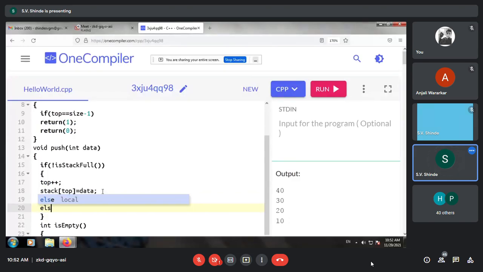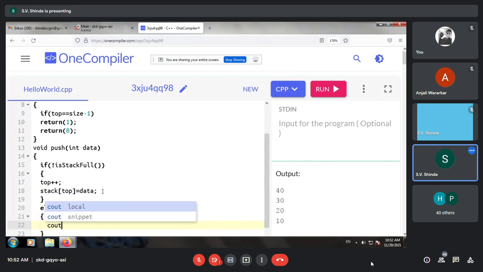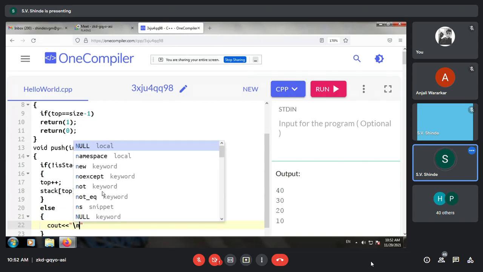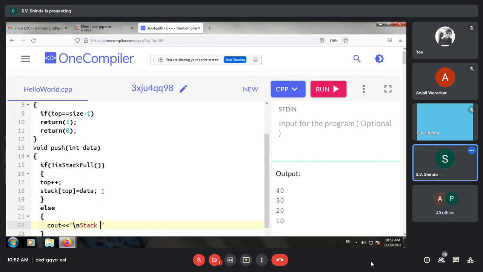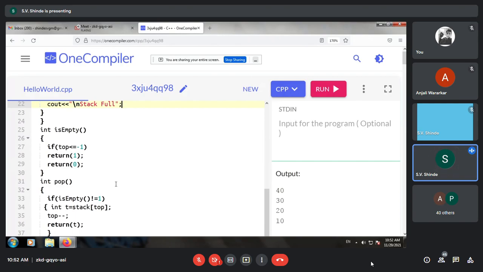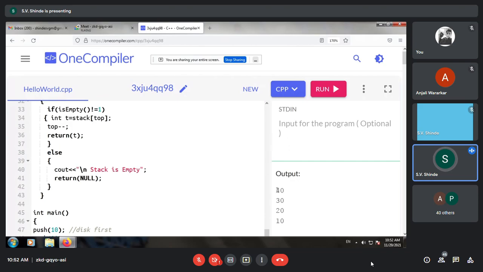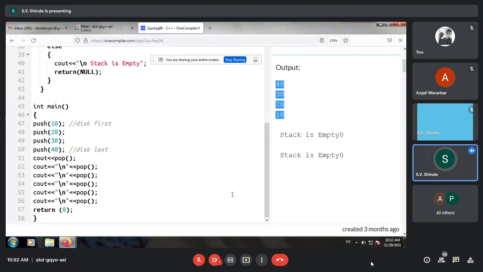Else print stack full. So let us see whether we get this stack full result somewhere. So over here it is 4 only, therefore we don't get any stack full.